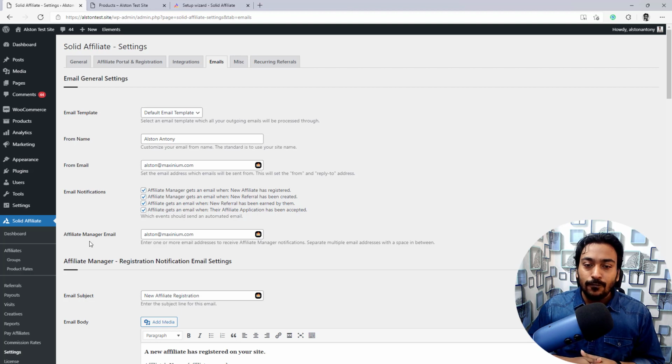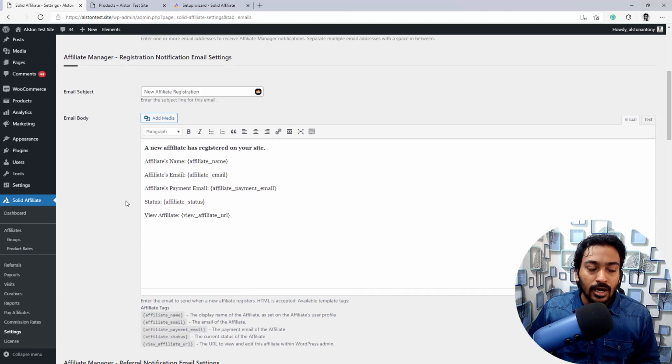If it's a small business, you might not need it, but let's say you do have a dedicated person within your company who is in charge of the affiliate management process, collaborating with your affiliates, discussing with them, and helping them out. Then you do want to keep them within the communication loop. You can include their email address, and whenever a notification goes out, it will keep them in the loop too. In case you don't have one, you can just leave it as default here.